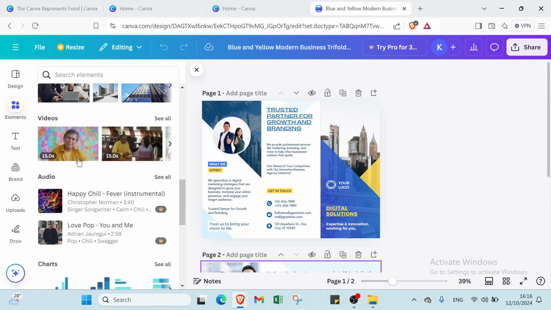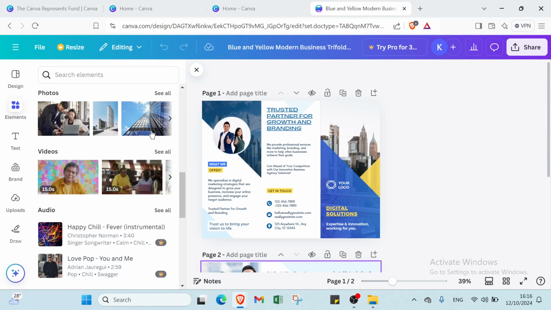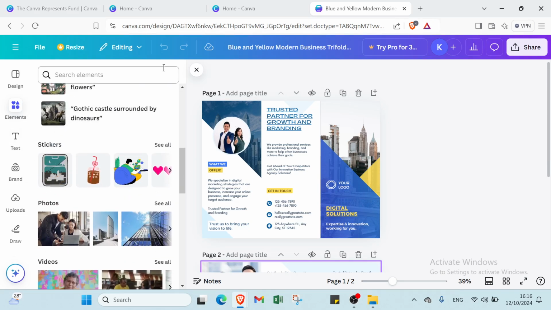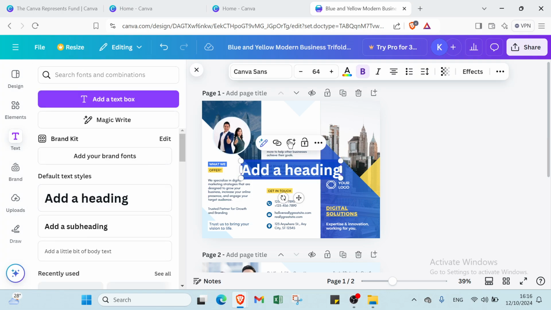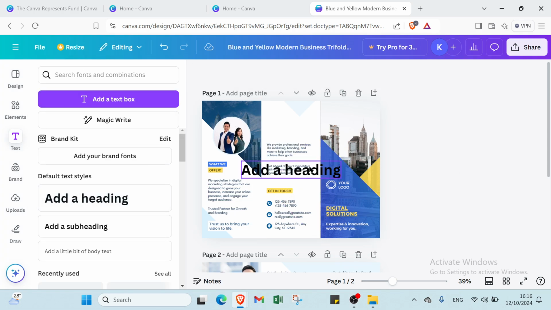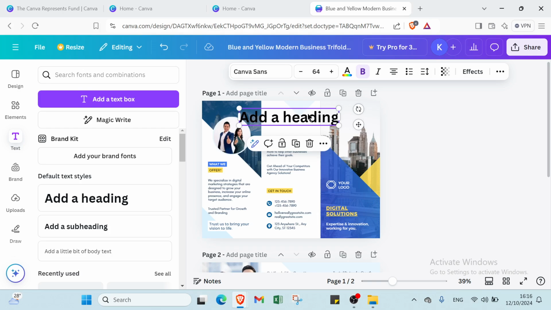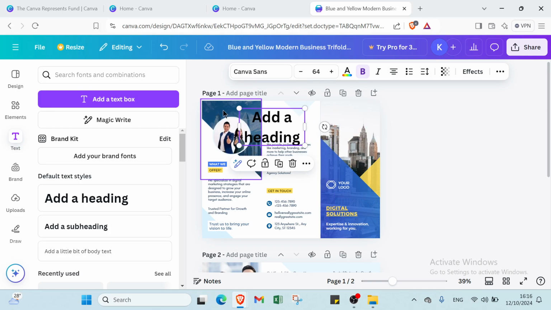You also have stickers, photos, videos, and here we have, if you want to add text, so I'll show you how. For example, I will delete this one, I don't like it. I will just click over here and go to the text and add a heading like that, and I will put it here, and then I will write something. So I will just put it like that,